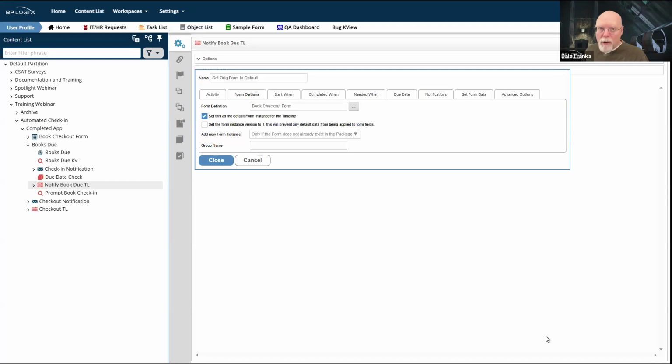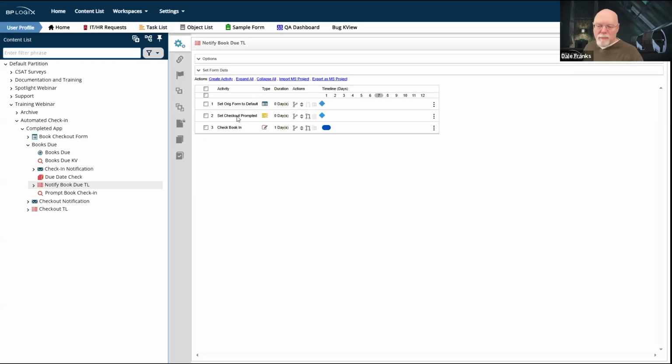I've got to tell it where the default form is. So if I didn't run this form actions activity, the proper form would still be attached to this timeline, but it wouldn't know that it was the default form. So we're going to make it know that it's the default form by running this process timeline activity and setting the book checkout form as the default form instance for this timeline.